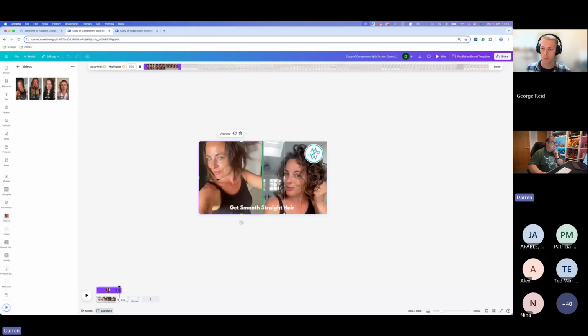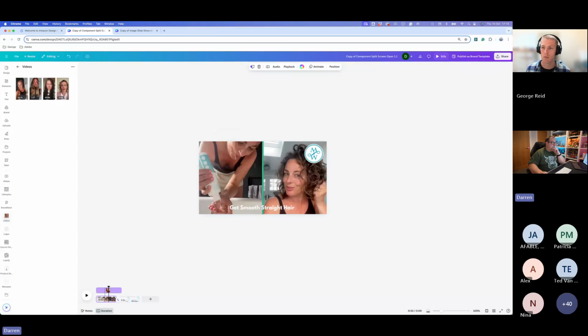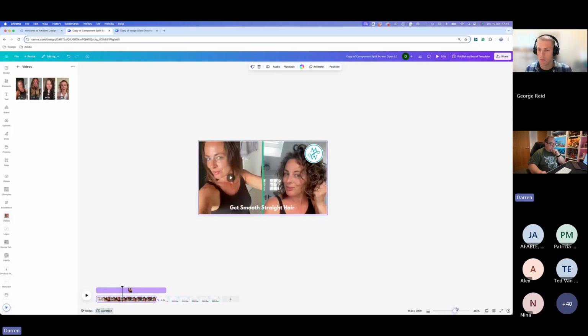So we can make sure that we actually clip that, which is why I tend to use the trimming or the clipping of the edges down there instead. I'm going to zoom in again so you can see this, so it's not too small for you. Okay, so now we've got that.